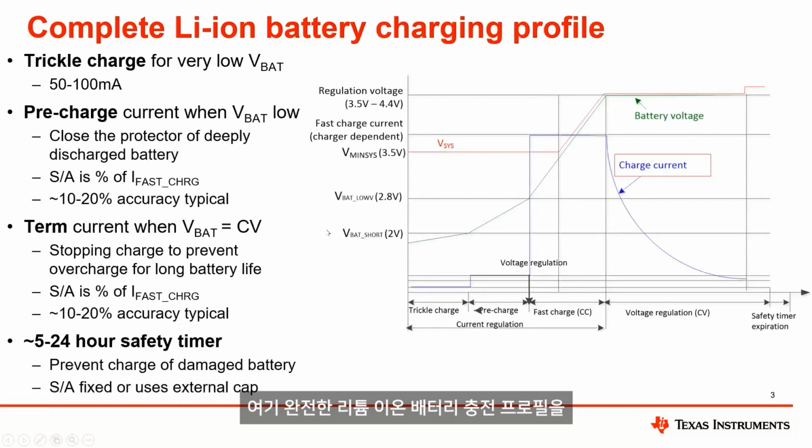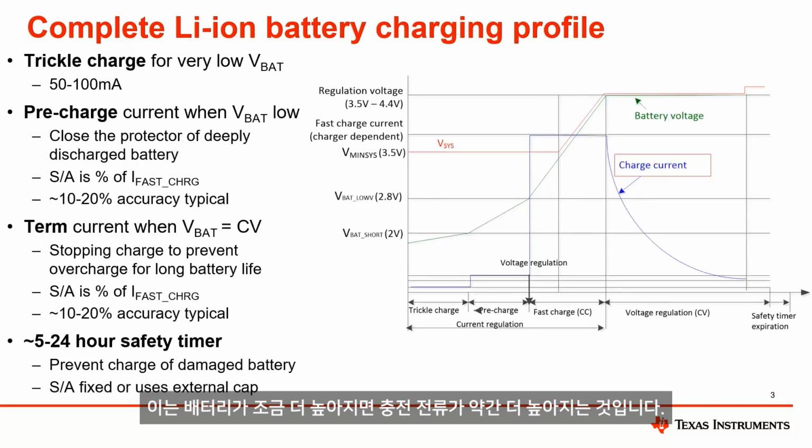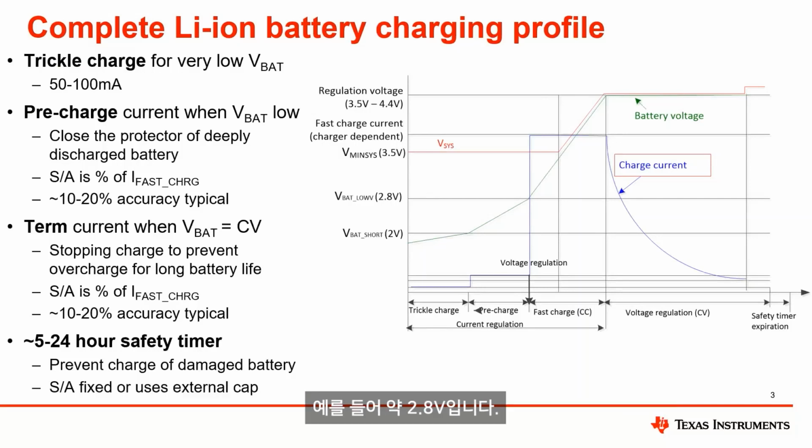So here is a summary slide showing a complete lithium-ion battery charging profile. It's recommended to have a trickle charge portion when the battery voltage is very low, typically below around 2 volts or so. Then you can jump into pre-charge, which is a slightly higher charge current when the battery gets a little bit higher, say somewhere around 2.8 volts. Then you will hit the constant,